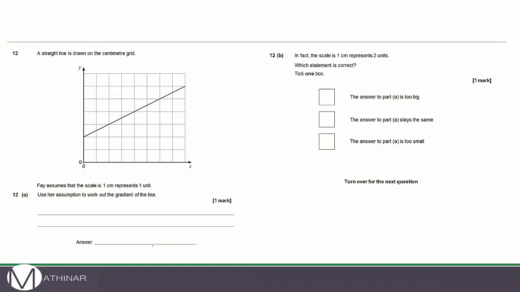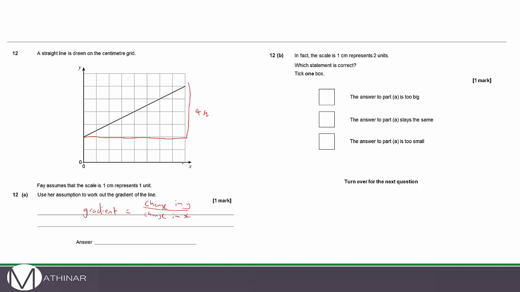Question number 12. A straight line is drawn on a centimetre grid. Faye assumes that the scale is 1 centimetre represents 1 unit. Use her assumption to work out the gradient of the line. So we need to draw a triangle, and it's best to make your triangle as big as possible. So gradient is equal to the rise divided by the run, or change in the y divided by the change in the x. So the change in y is 1, 2, 3, 4 squares,